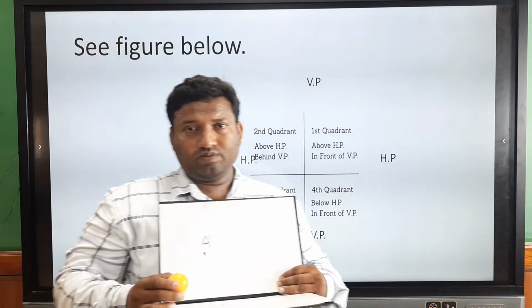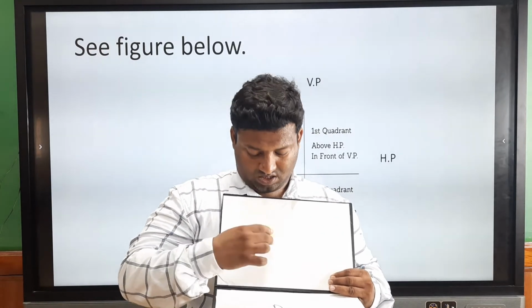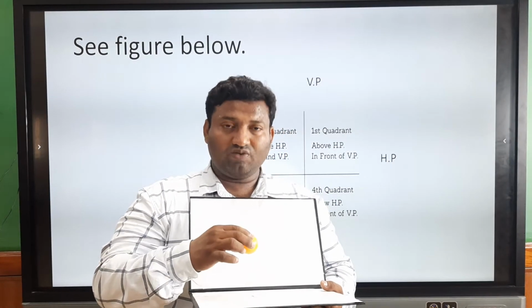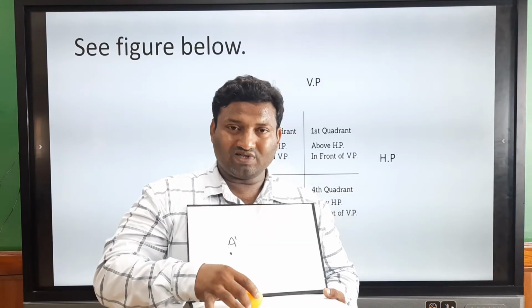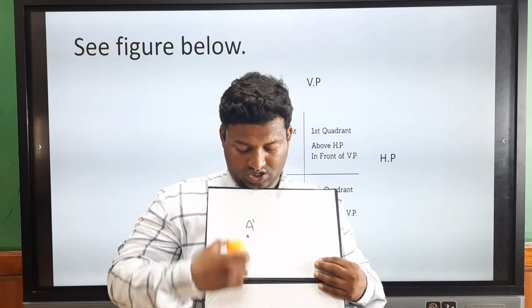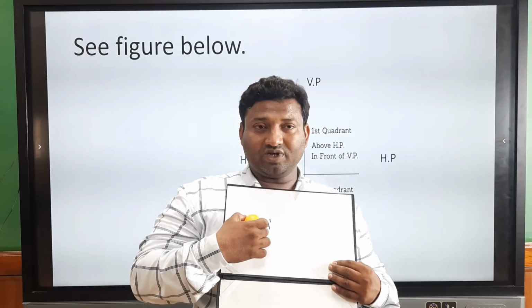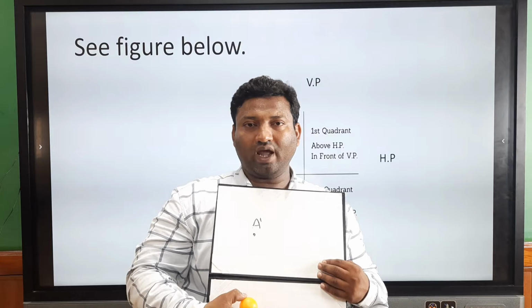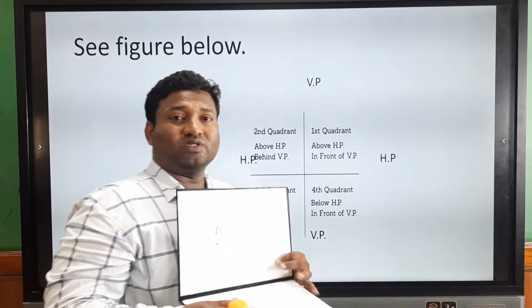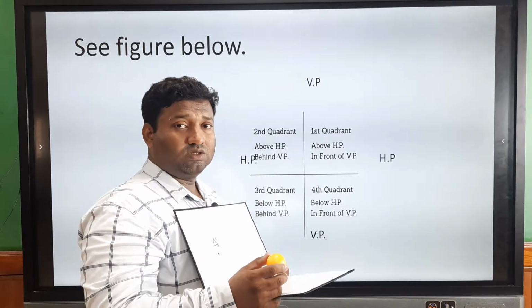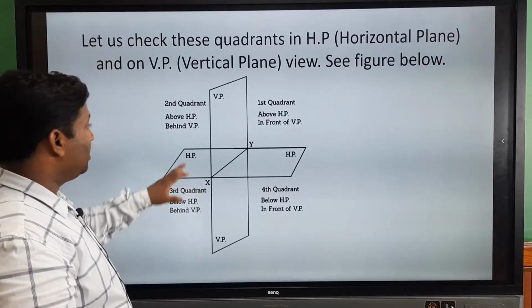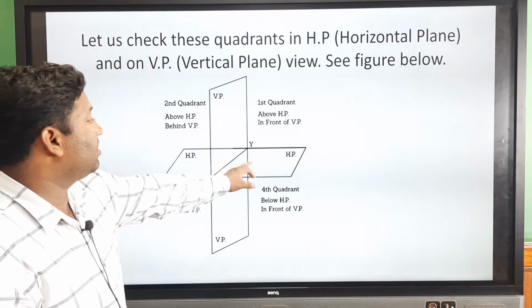So, to draw the diagram, if you are viewing from the top, suppose the object is A, it is here. If you view from the front view, it is appearing here. So, it is above the HP, and if you view from the top, it is representing here. So, to draw the diagram, what we are doing, we are rotating this object also. Suppose here the point A complement is there, that is nothing but above the HP, and here A is there, that is nothing but it is in front of the VP. So, here a single point is representing on both the planes through the projections. So, like this. So, here if you rotate, we can rotate only the HP.